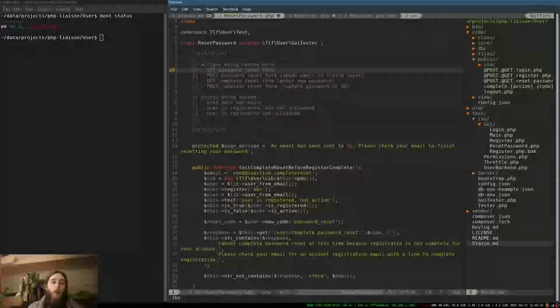So overall, we have 4 actions, which are to get the password reset form, post the password reset form, which would send an email, get the complete reset form where you'll actually enter your new password, and the post complete reset form where you submit the reset password code that was sent to your email, and you submit your new password that you want to use. So those are 4 different